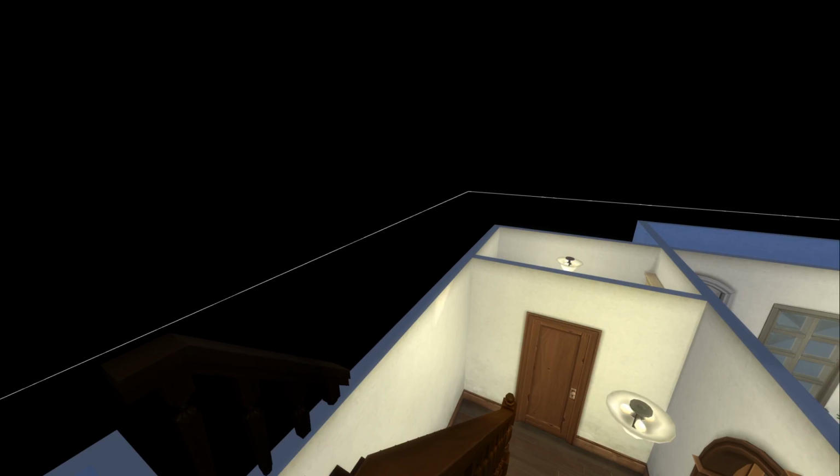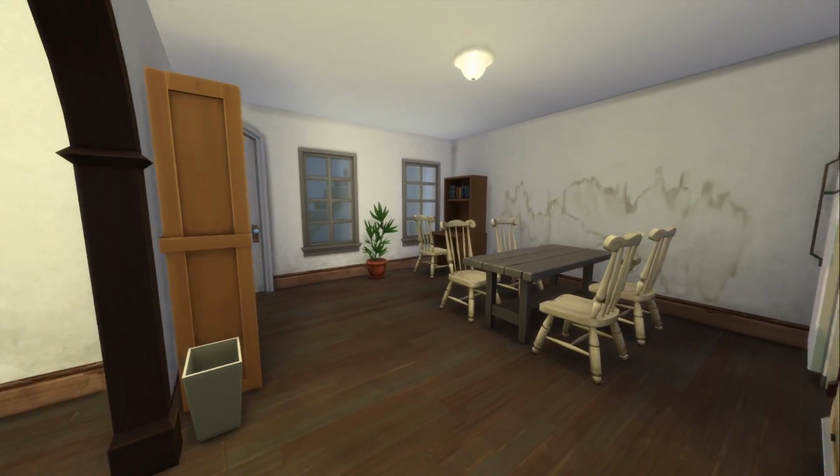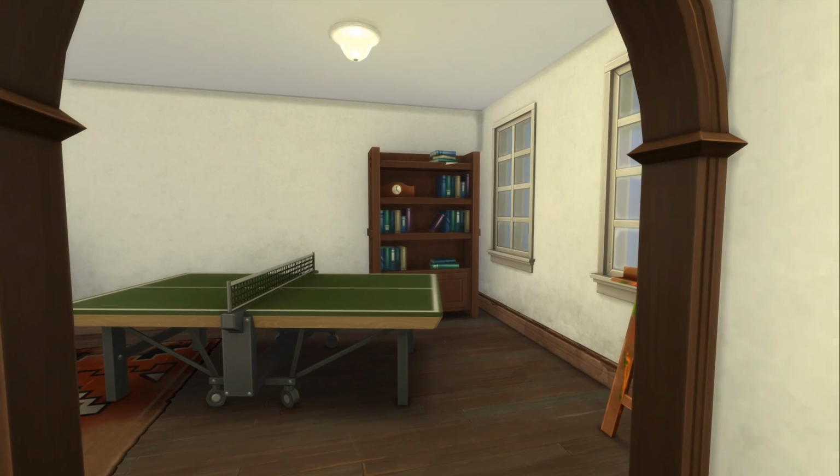Then we go downstairs to the basement, which is kind of where everything is. Got the little kitchen area in here. I kind of like it, it's not too bad. Little windows there. That's where the entrance is. There's another little bathroom through that door there. Back through here to the living